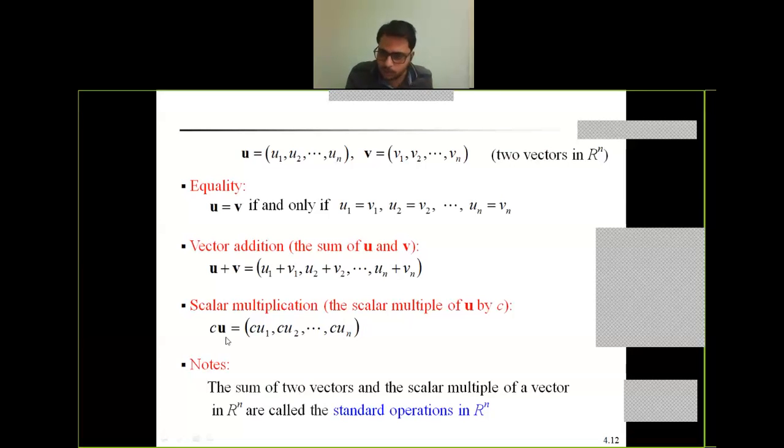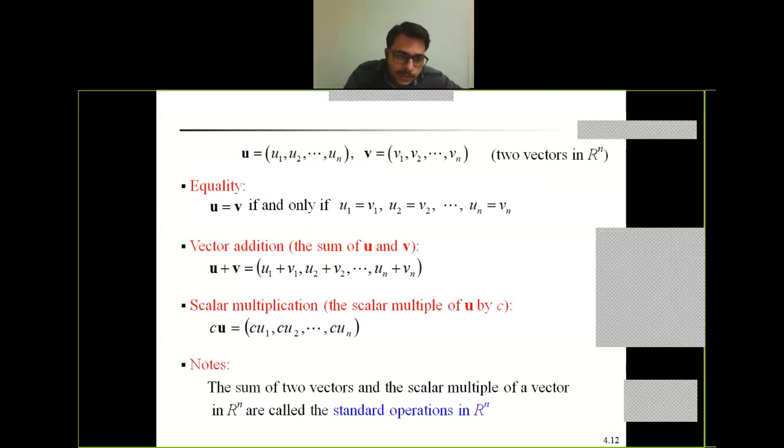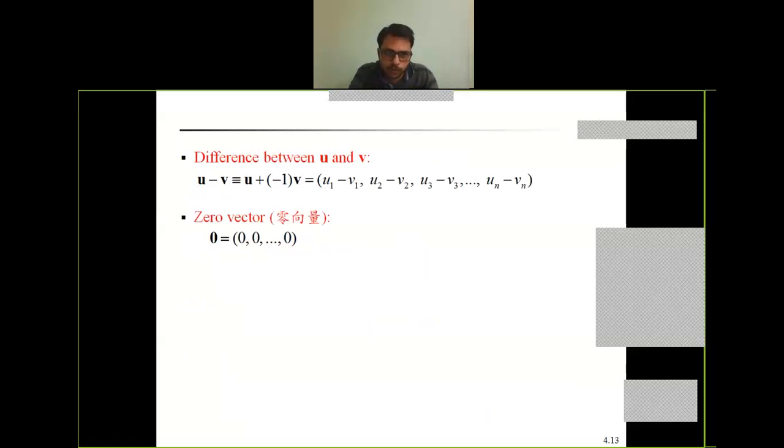Then u will become minus u. This minus u and minus v will be understood more while checking the axioms for the definition of a vector space. But for now, please understand that minus 1 comes from the scalar multiple c if we put c equal to minus 1. So u minus v will be equal to u plus minus 1 of v.